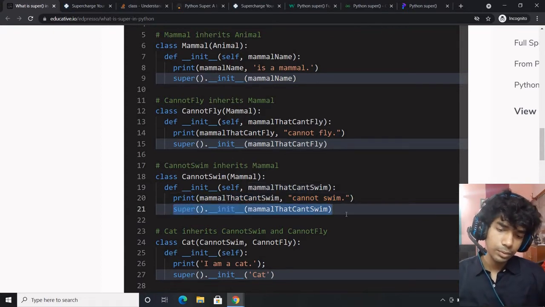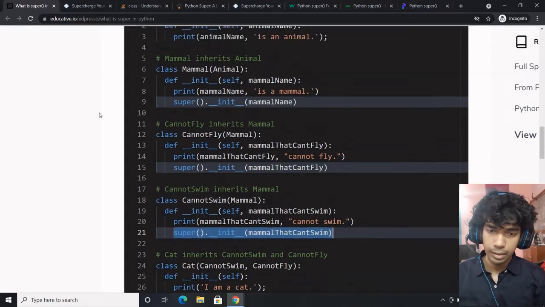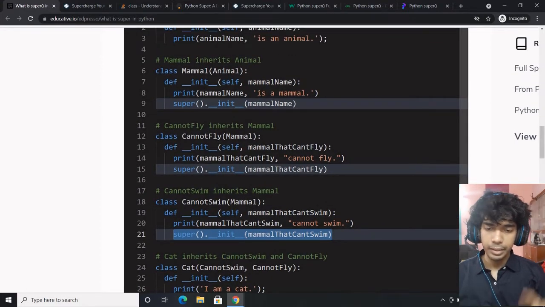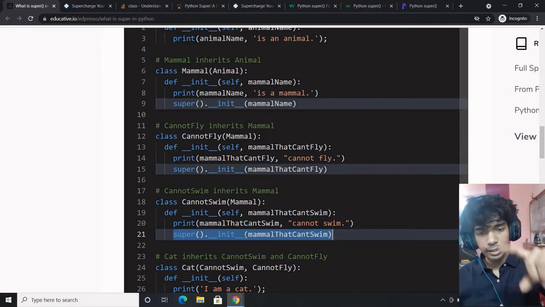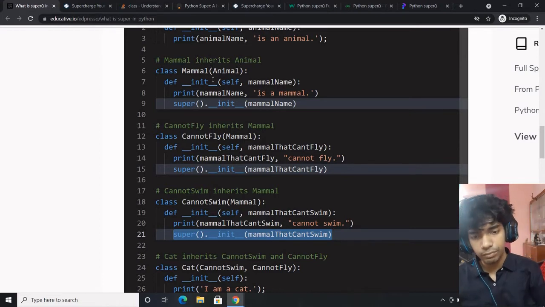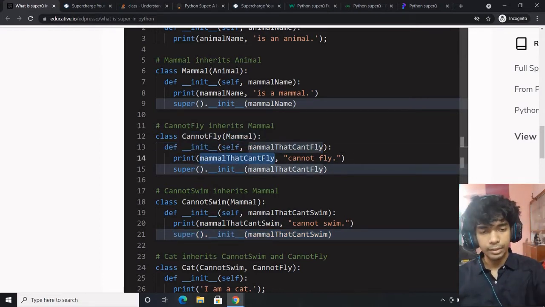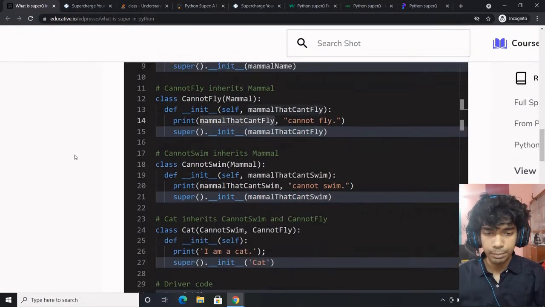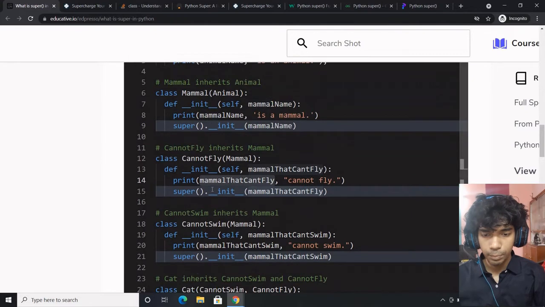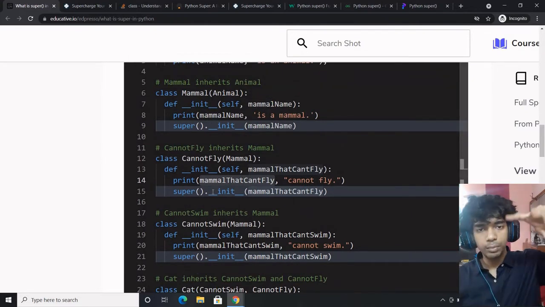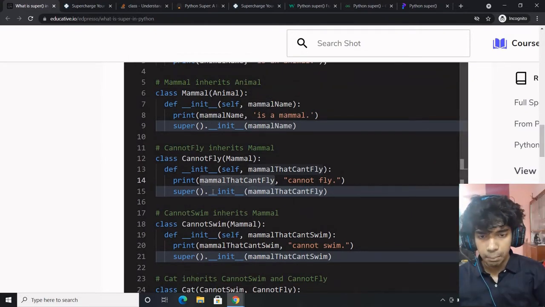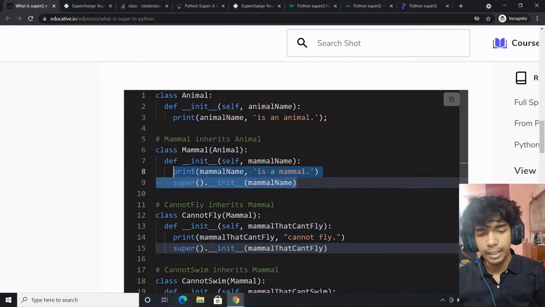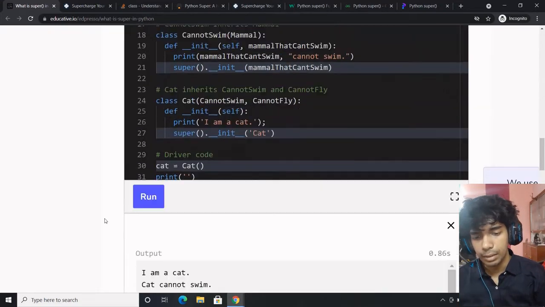Now this goes to this super, whereas the mammal's super knows about cannot fly, and that's why, directly without skipping this, where is the diamond structure, it would first call this. So it would be cat cannot fly, as we saw in the thread. Next statement would be the combined super of these two things, which is the mammal one. It would be cat is a mammal and then cat is an animal.